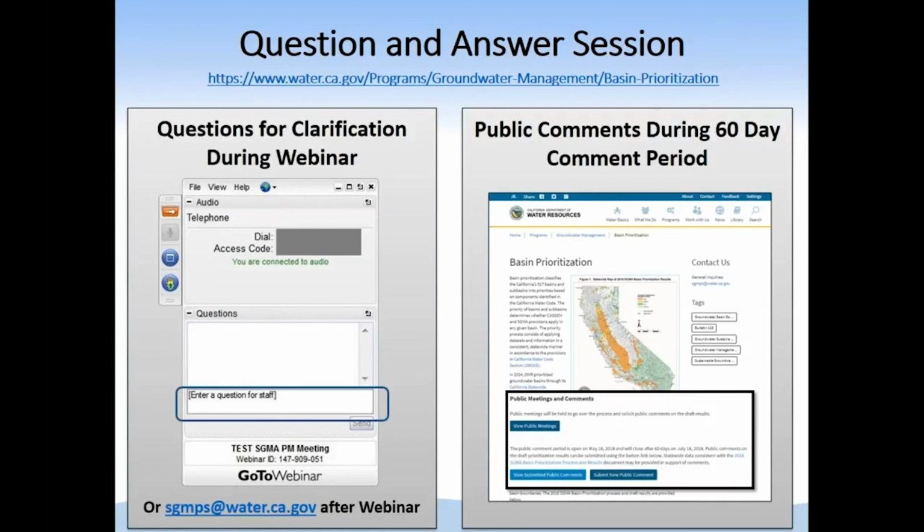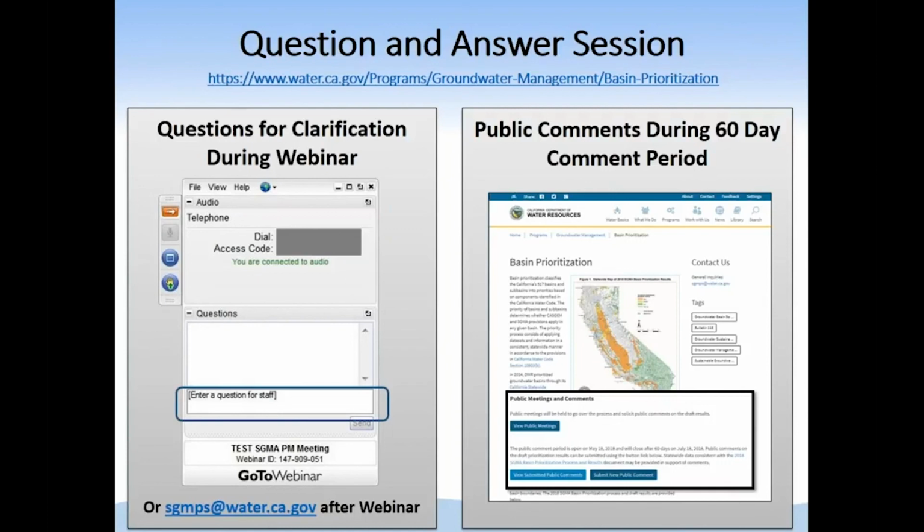Again, comments that identify the specific water code components being commented on, and specific references or citations that are included in those comments. And if there's supporting data out there in those basins that you want to submit with your comment, we're asking you to include that information with your comment as you submit it through the web page.